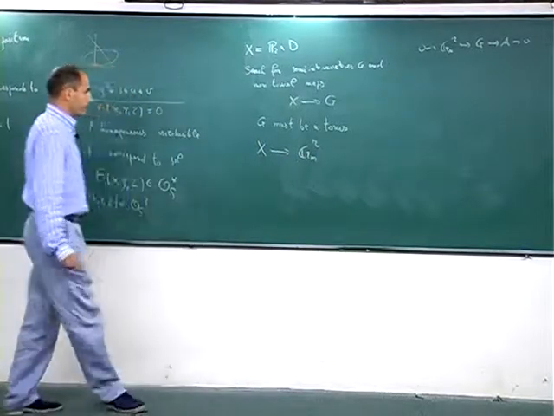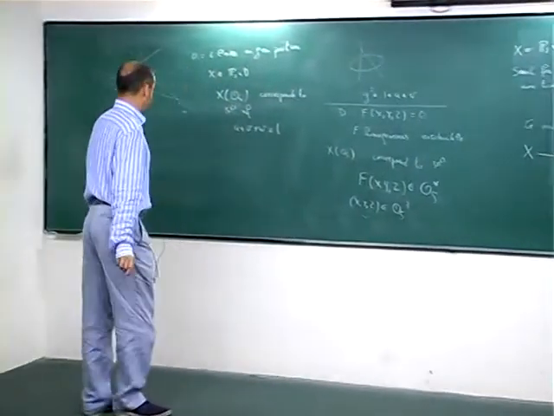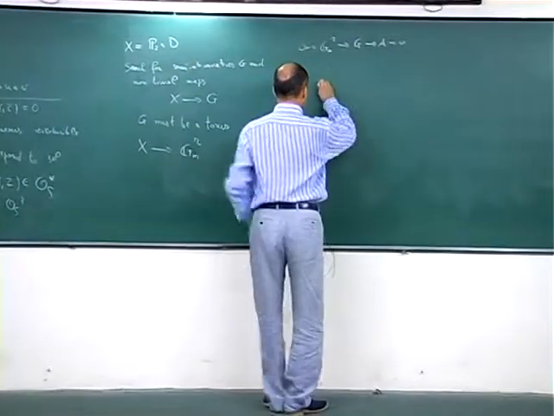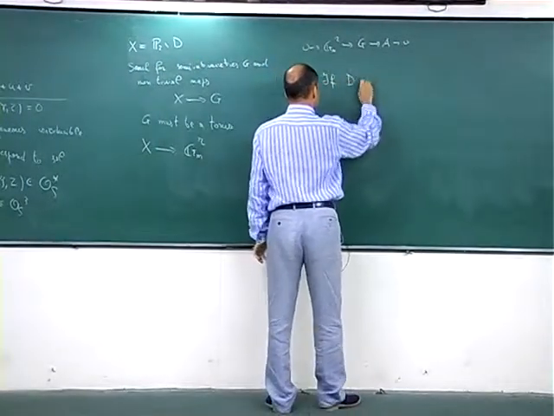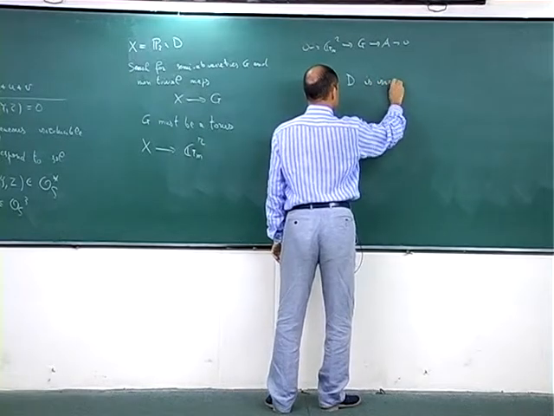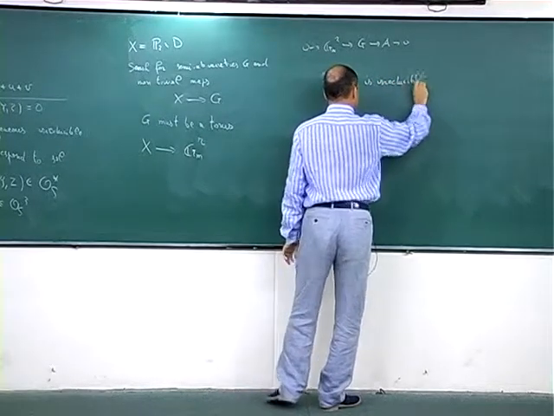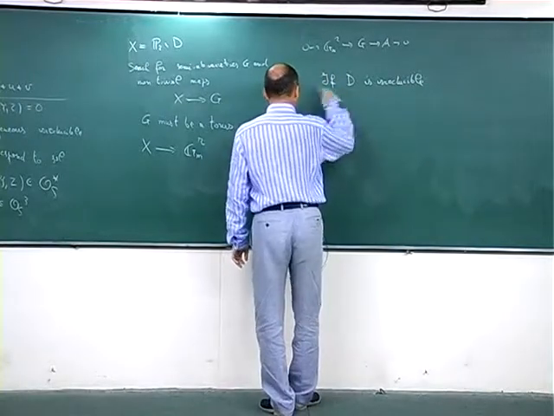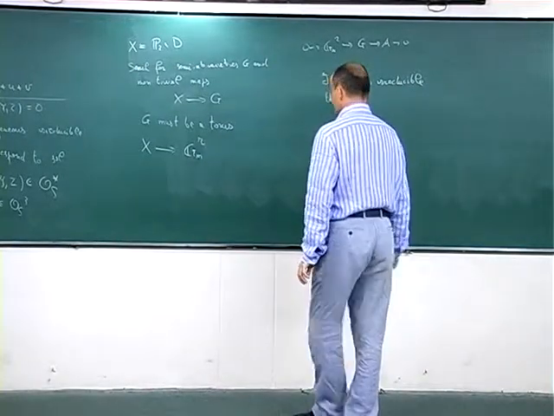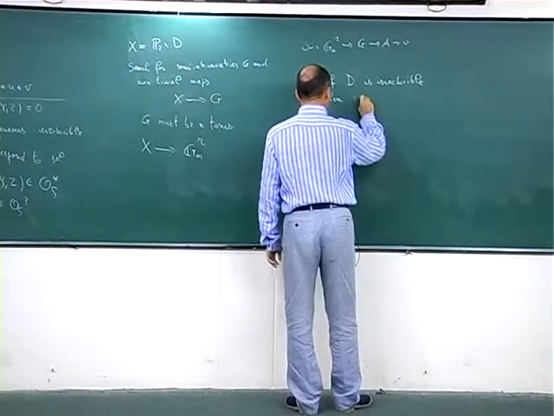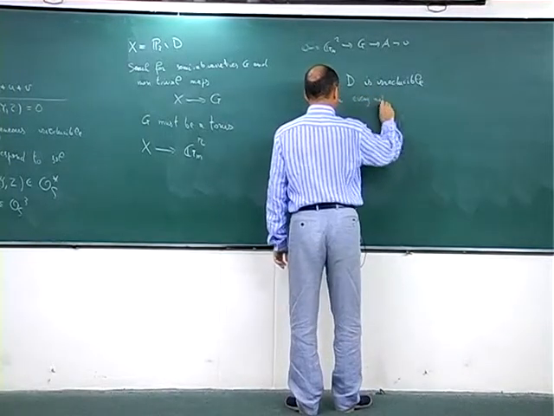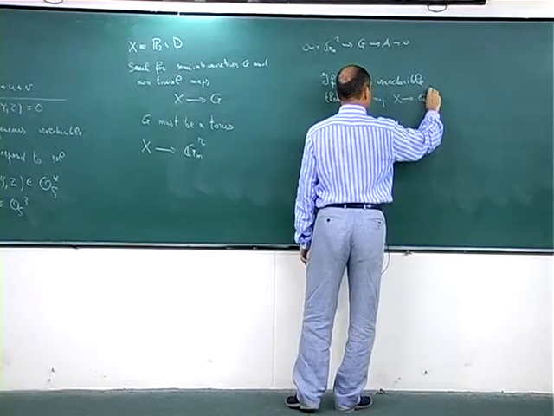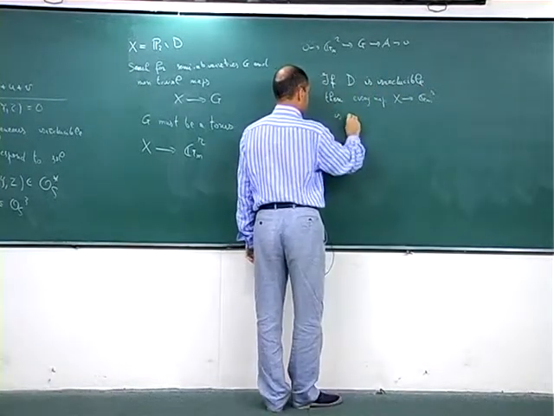Now it's clear that if you remove from P2 an irreducible curve, if D is irreducible, then every map from X to a torus is constant,